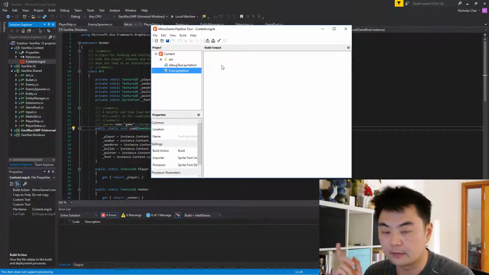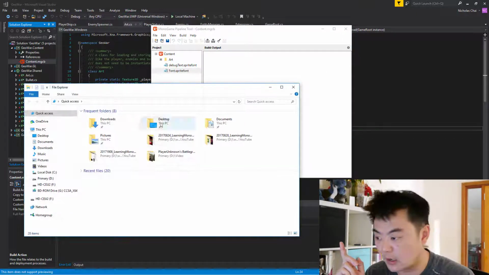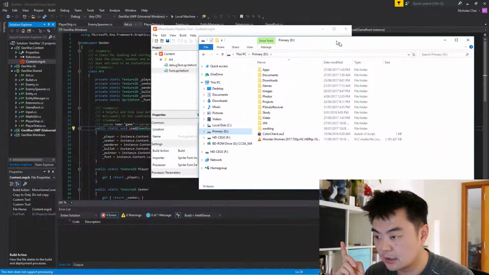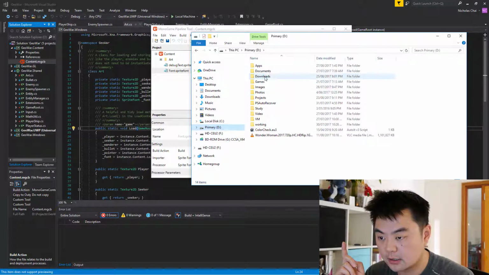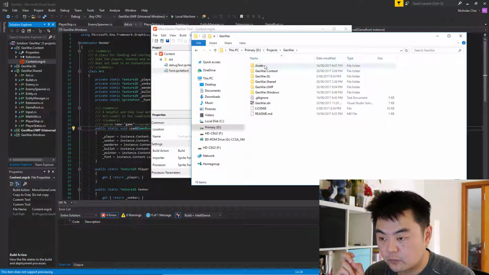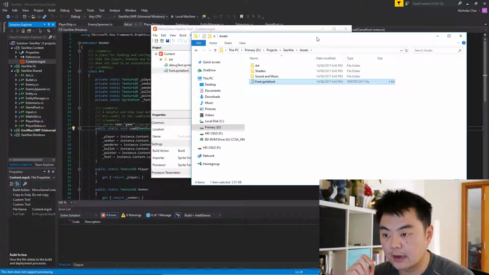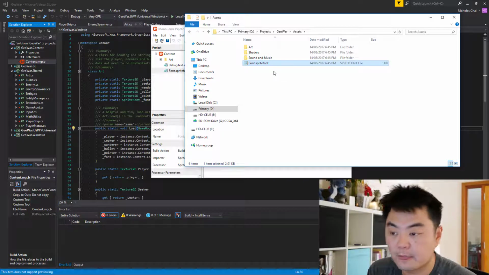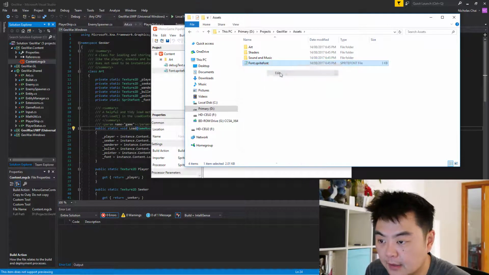And then you can have a look inside projects, and have a look in here, you'll have a font.spritefont file inside the assets. And if we look at that,